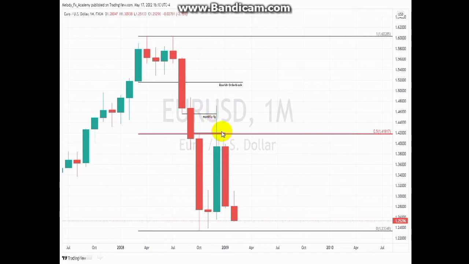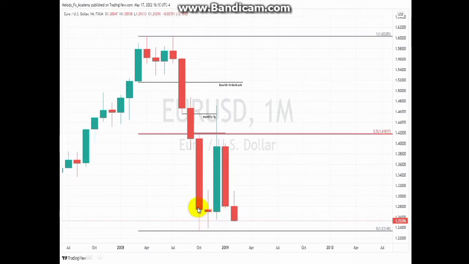Obviously, as we can see, price started to retrace back down into the discount sector, and it's going to seek liquidity. So where is liquidity residing right now? Below this old low, right? And I talked about the rejection block, which we are going to talk about more deeply as we proceed in this series. So this is a rejection block.